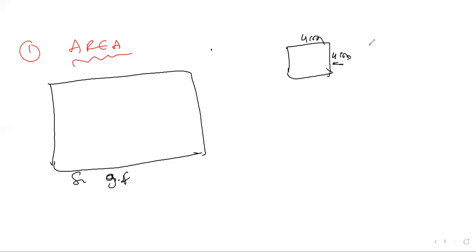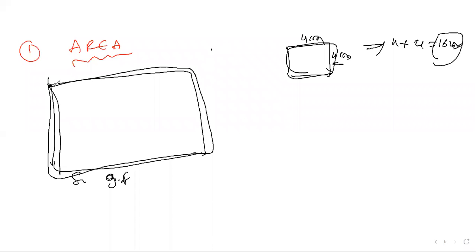So the area of a single square tile is 4 into 4, 16 square centimeters. But how many tiles will fill the total ground floor? You don't count 1, 2, 3, 4, we don't know how many tiles will fit. If you guess 20, there may be 20 tiles, maybe more or less, we cannot fix it. So first of all we can calculate the total ground floor area.